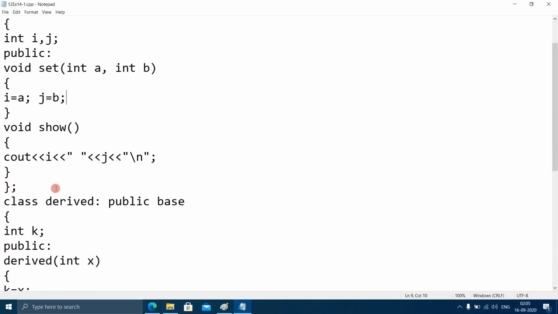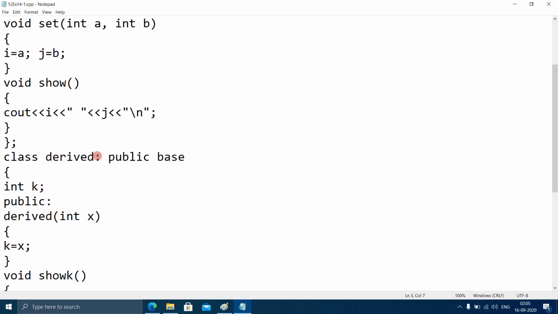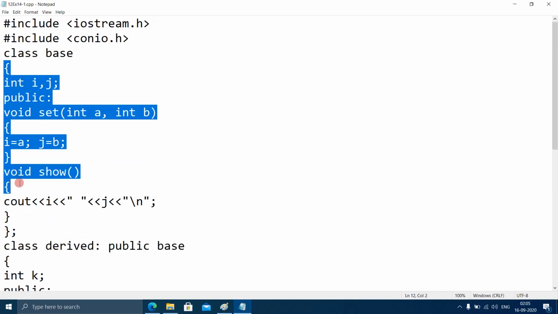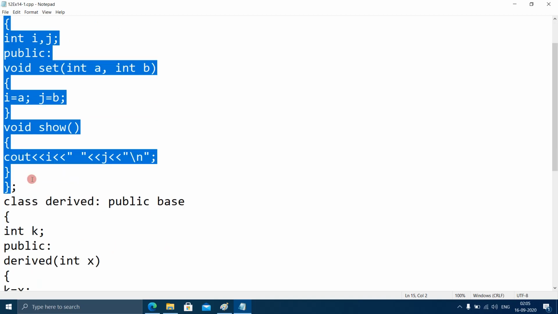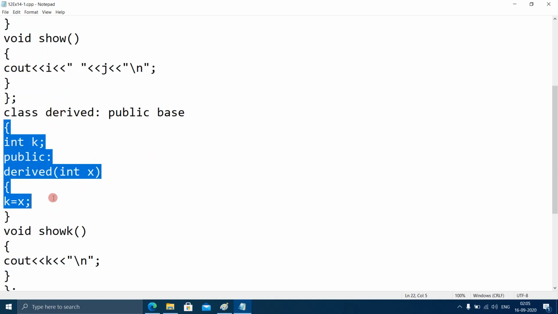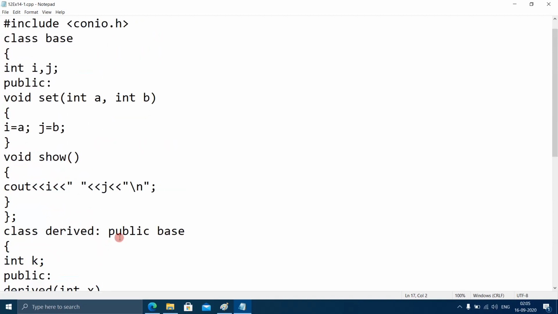This was the program in which there is a class named base and there is a class named derived. The derived class wants to inherit all the properties of the base class, and the derived class also has its own properties. Also, we had discussed that to inherit the base class, after the derived class, the child class which wants to inherit